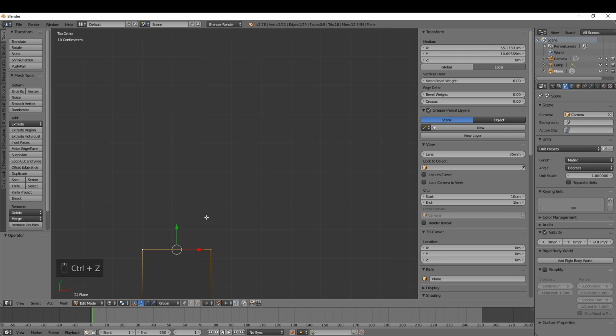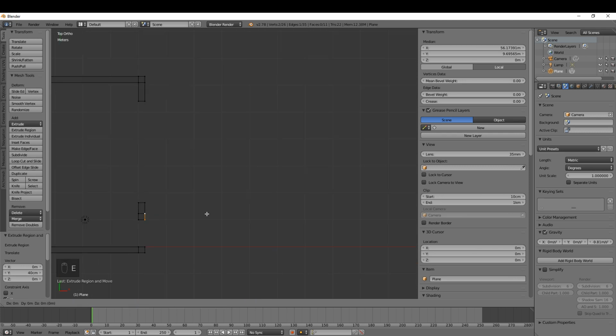I want to extrude up 400 from here. So EY, it's 1, 2, 3, 4. Select these two, and again I'm coming across here 6 meters. So at this zoom range I can just press EX, snap 1, 2, 3, 4, 5, 6, left click, and